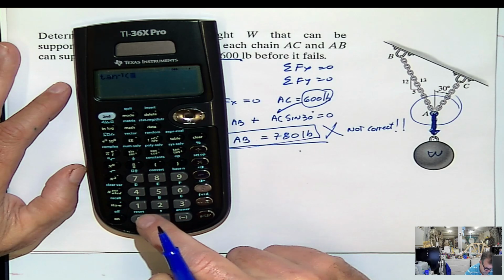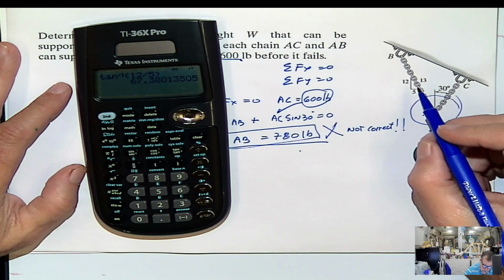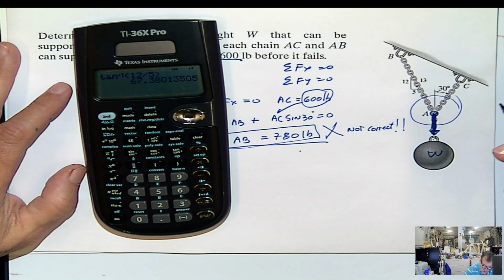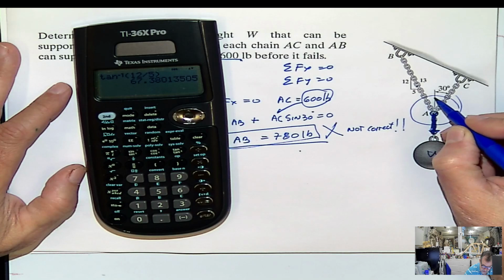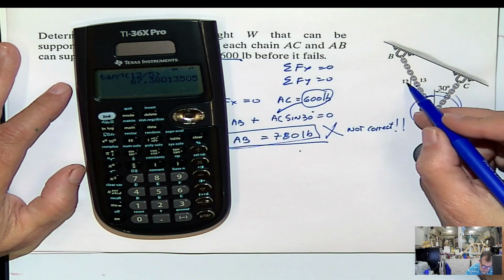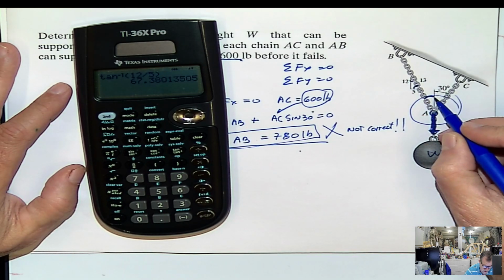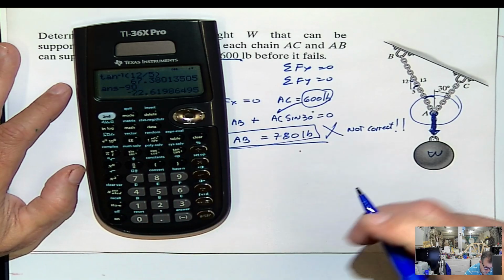But if you check the angles, and if you check this angle here, for example, this angle is going to be this angle, 12 over 5 inverse tangent will be this, but this angle is this angle. So this angle here will be that minus 90, will be